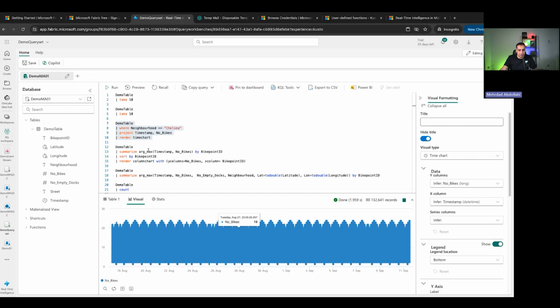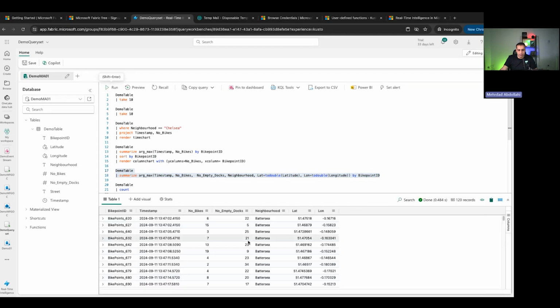Or even, for example, let's have this one here, and let's execute it. So, for example, this summarization is just aggregating. Actually, the summarize keyword is used for aggregating the data from your table. And as I mentioned, you can just pin it to an existing real-time dashboard that we have,